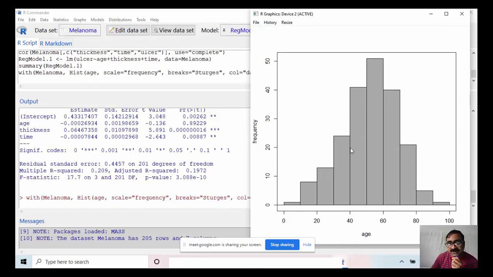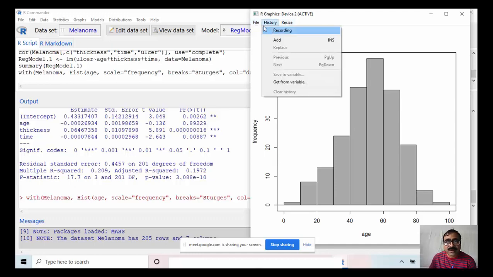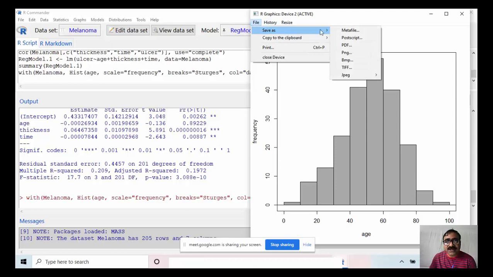You can edit this graph. Here there is an option File, and you can use the Save as option. The formats are meta file, PostScript, PDF, PNG, BMP, JPEG. Also in JPEG there is an option for quality, 50%, 75%.